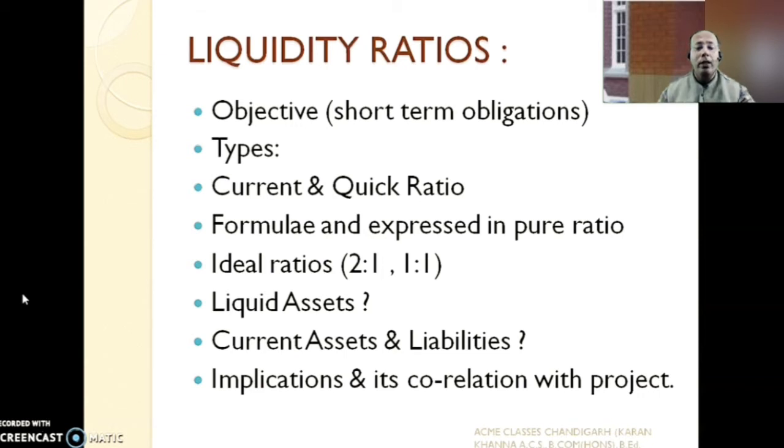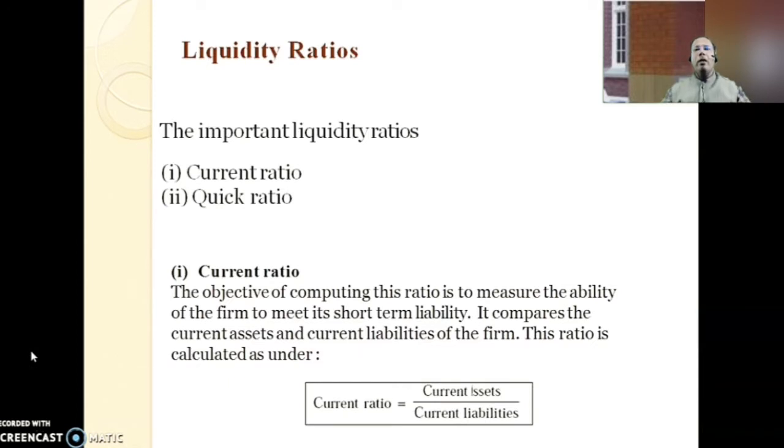its impact on the company that you have chosen for the project. The objective of calculating current ratios is to be able to determine the ability of the firm to meet its short-term legal obligations, the payment of creditors for the outstanding expenses, so on and so forth. How do you calculate the current ratio? Well, it is the simplest ratio of all, current assets upon current liabilities.